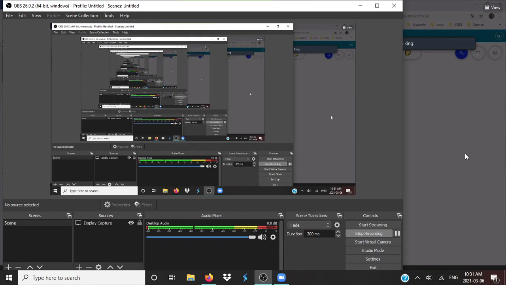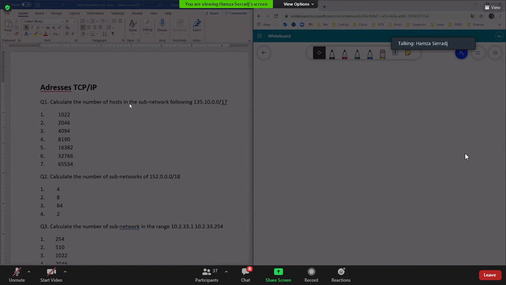The question here says: calculate the number of hosts for /17. I know that IPv4 has 32 bits, right? And here he's giving me an address and he's saying /17. So first of all, before going further, what's going to be the formula that I have to use to know